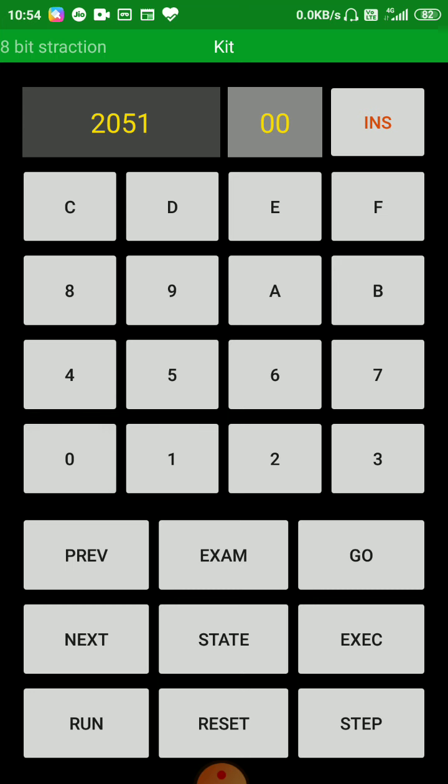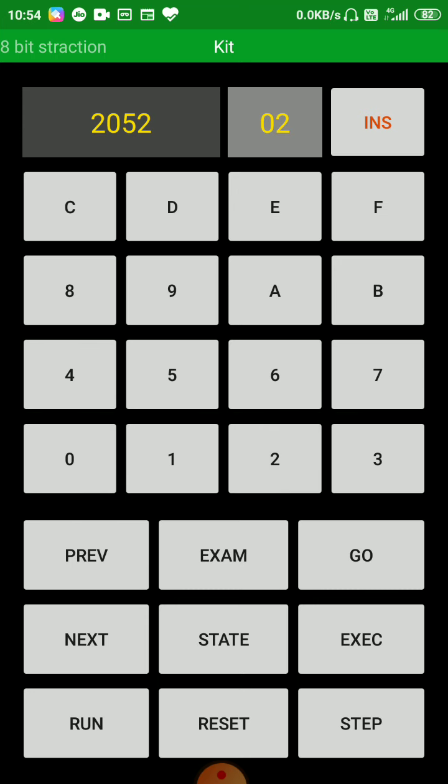My first number is 6, and from this I can press next and jump to 2052. This is my next memory location by instruction INX H, right? So we have to feed here my next number, that is 2.